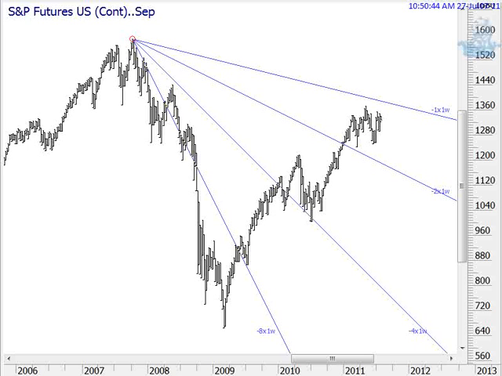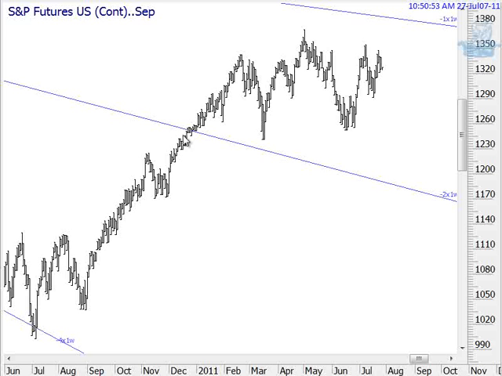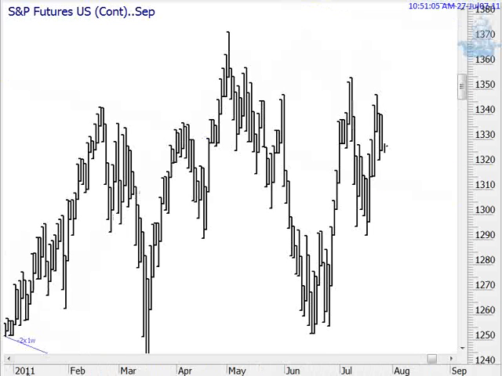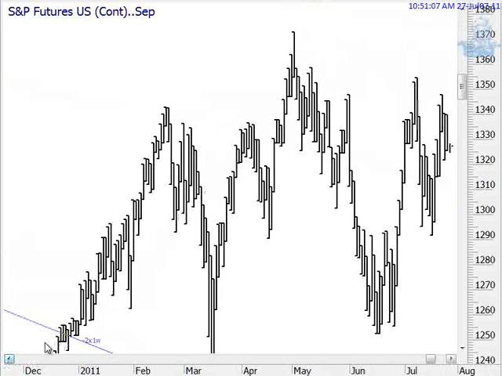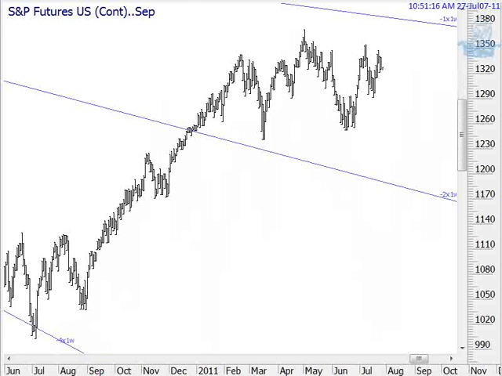But in this particular case, because I've written the software, those angles are in a certain position, and it doesn't matter if I change to a daily chart, the angles will still be in exactly the same position relative to the prices. So if you look at that little bit there, for instance, if I reduce the time period and scroll back a little bit, it is in exactly the same position no matter how I change the distance between the prices. But if we go back to the weekly chart,